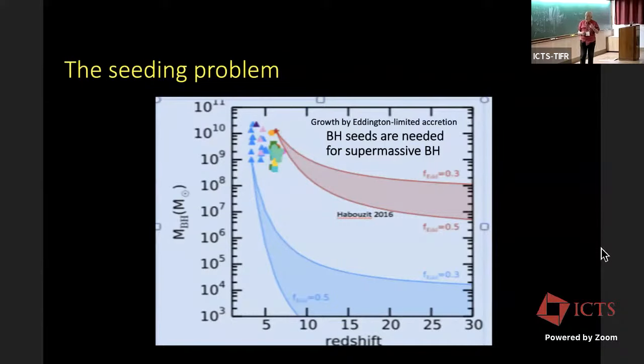And so what do you do? Well, you're limited to basically a few e-foldings of growth. That's what the simple theory says, and it's very hard to get around that. And given these few e-foldings of growth, if you start early in the universe, you don't have many e-foldings at that time to build things up very much. And so this is the sort of story that we are trying to tell.